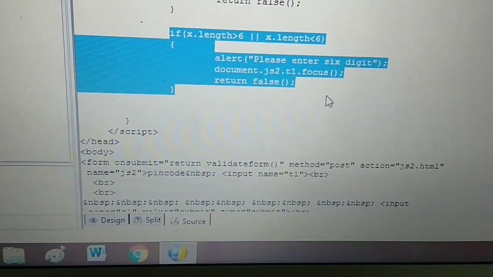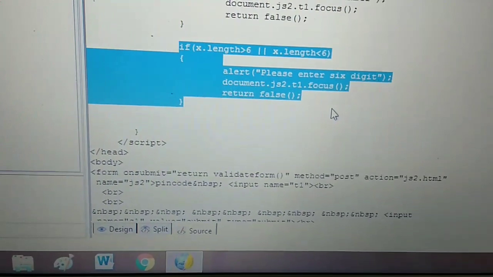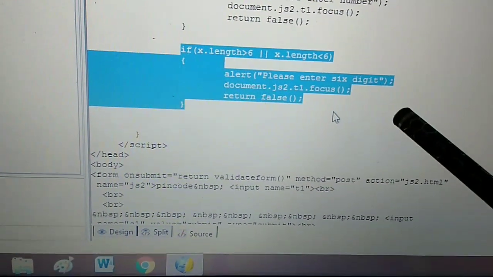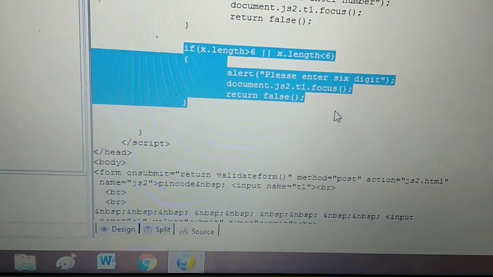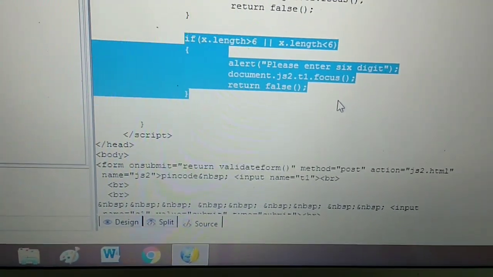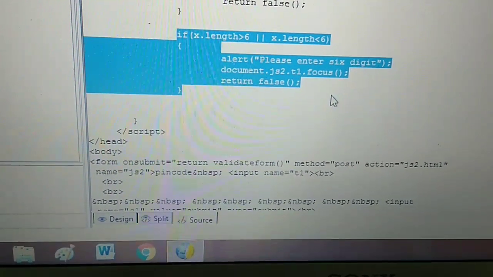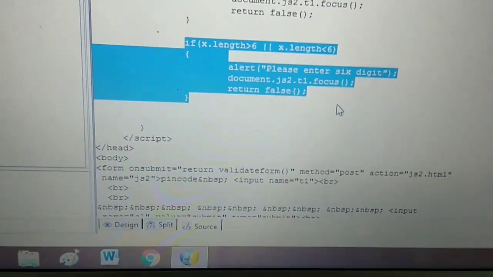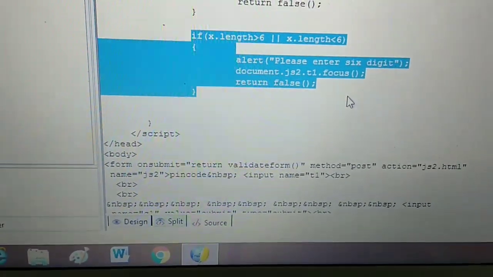If you are entering a 6-digit pin code, then there is no need to display any message. But if the user writes a 3-digit number, 4-digit number, 8-digit number, less than 6 or greater than 6, then you have to display a message.